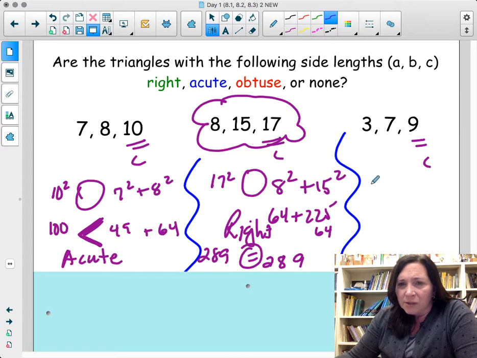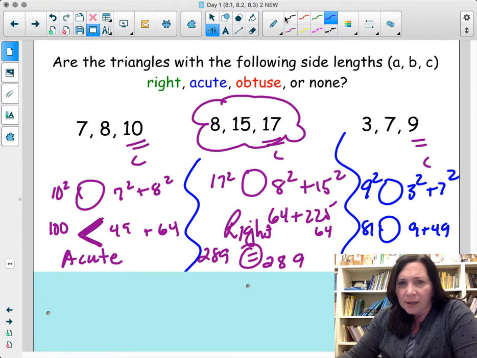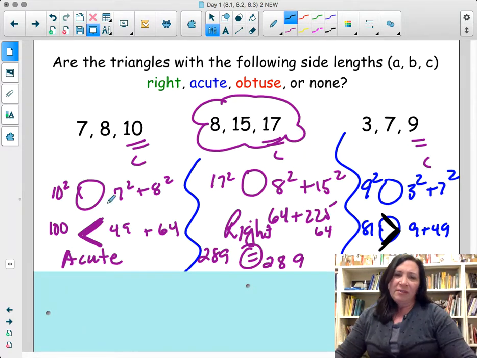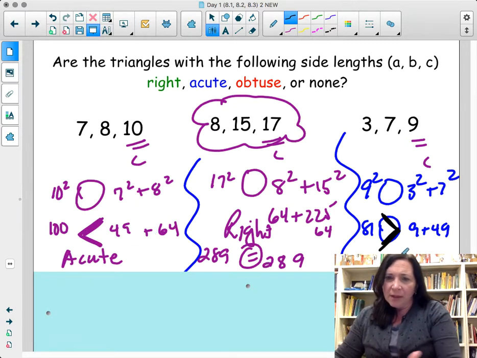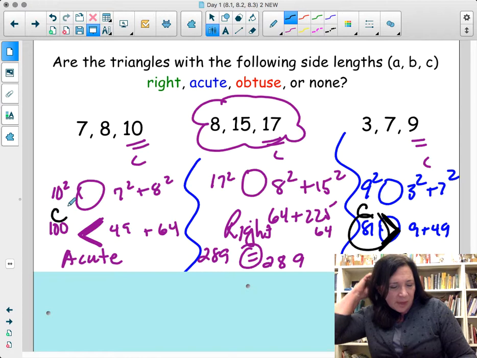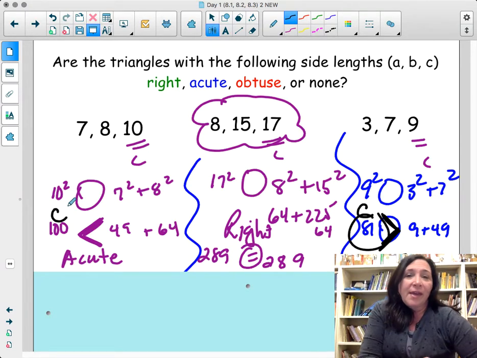Again, so we go 9 squared. So 9 squared is equal to 3 squared plus 7 squared? So we have 81, and 9 plus 49 is 58. So 81 is greater than that, so if it's greater than, it's obtuse. If it's less than, it's acute, then you have equal for right, and then you have obtuse. So you always put the c first, because that helps you remember whether the other two sides are greater than or less than. So anyway, that concludes the